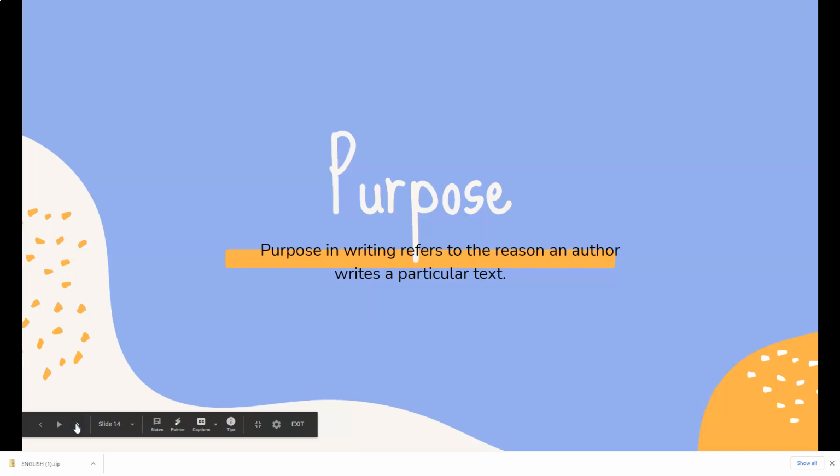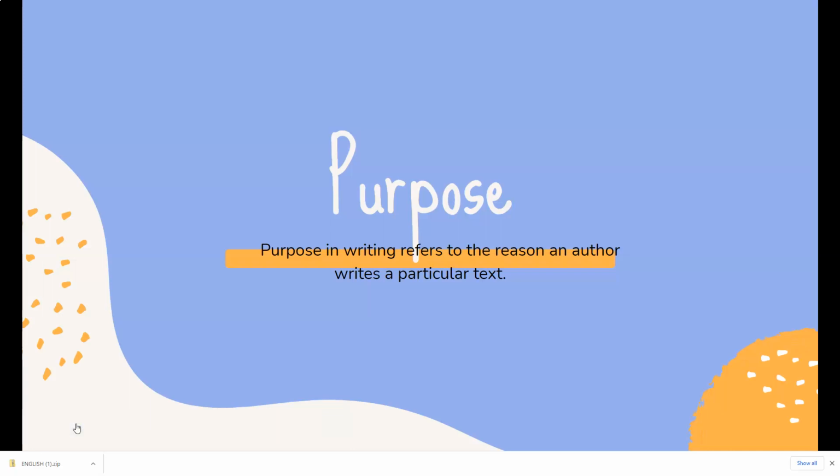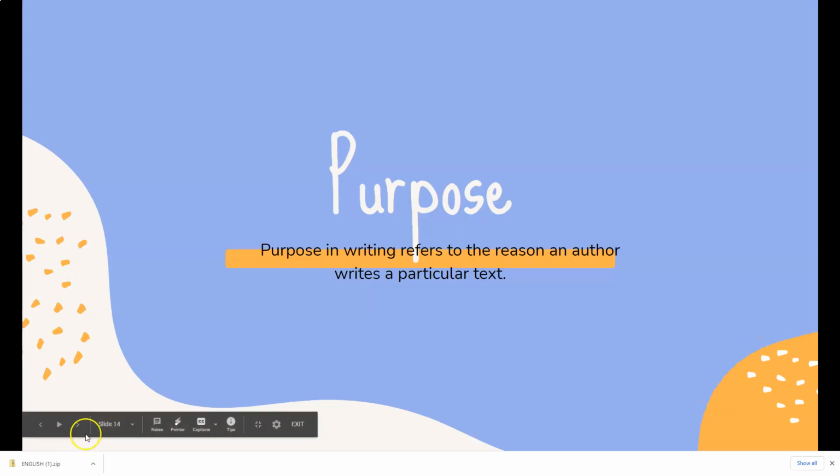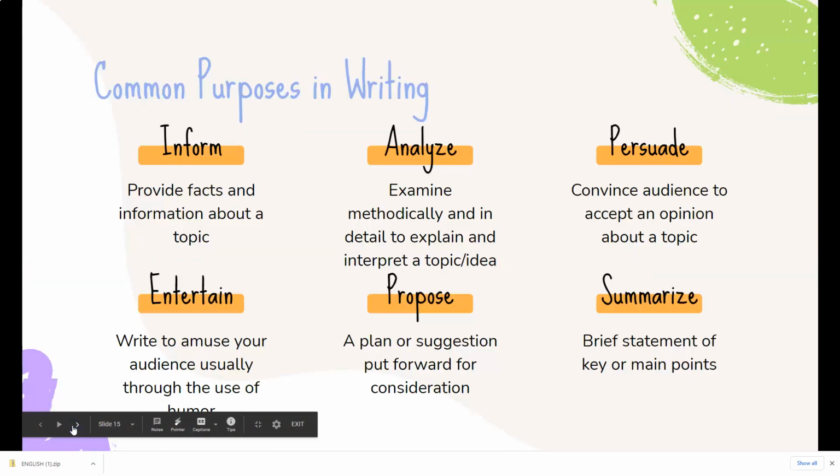That takes us to purpose. Purpose in writing refers to the reason an author writes a particular text. Some of the most common purposes in writing include to inform, which is to provide facts and information about a topic, to analyze, which is to examine methodically and in detail to explain and interpret a topic or idea,